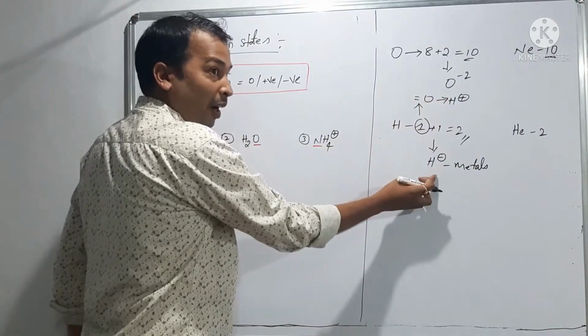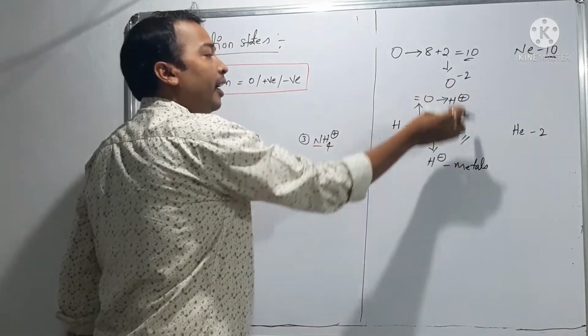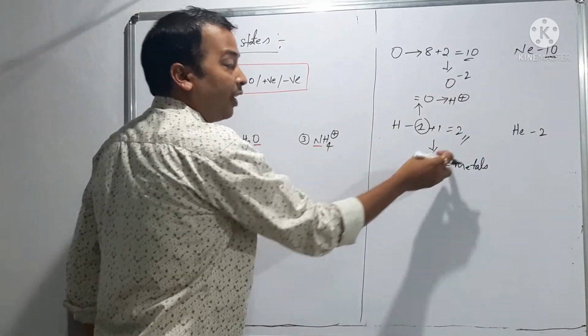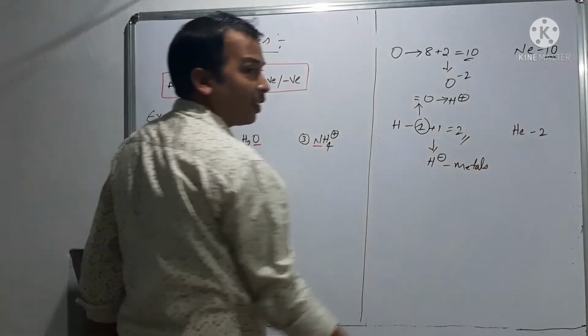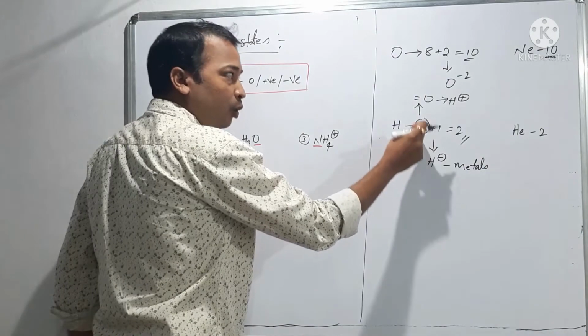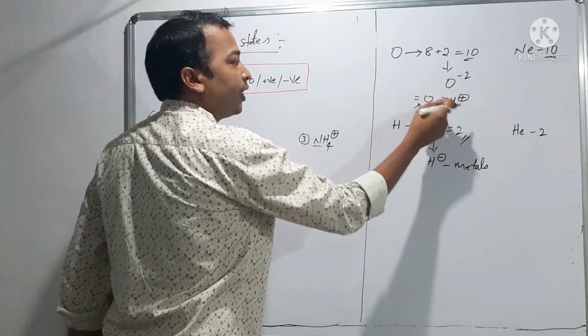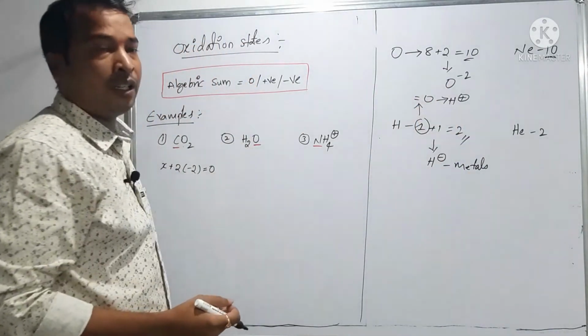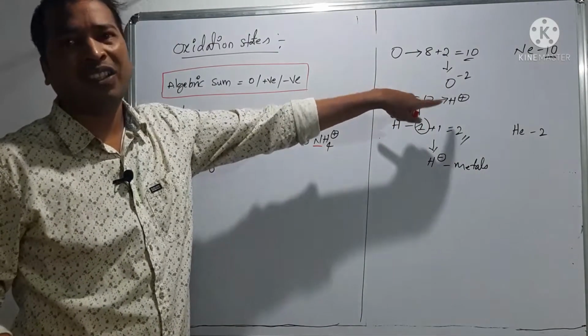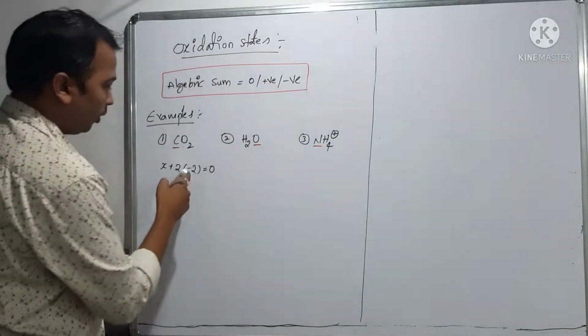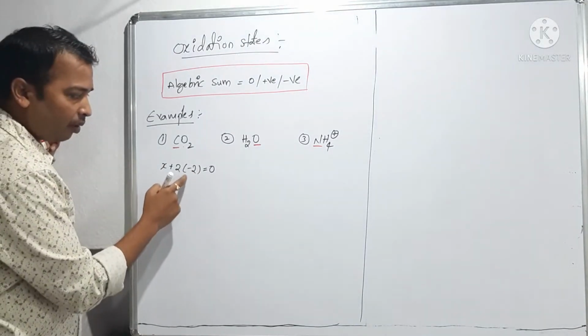Whether it gets a negative charge or a positive charge, it is stable in both cases. If it gains 1 extra electron, it converts to the helium configuration. If it loses that electron, it goes to 0, which is also stable. We call that a proton; it only has a proton but no electrons. In that way, I have taken -2 here.